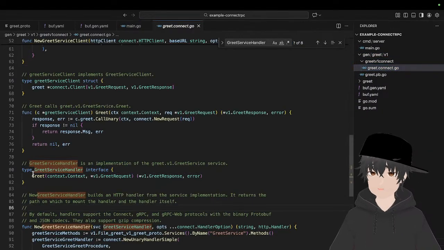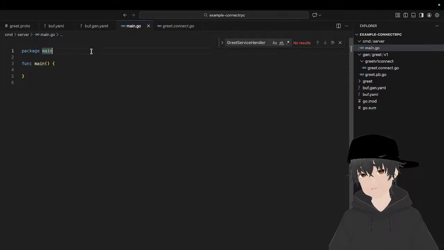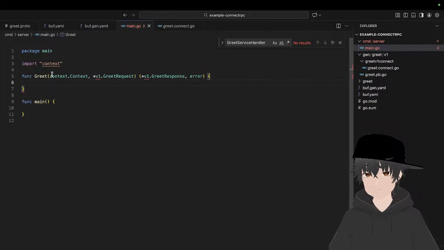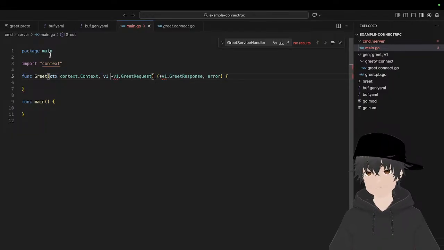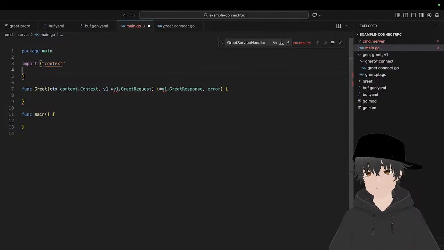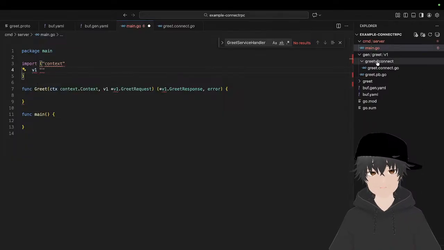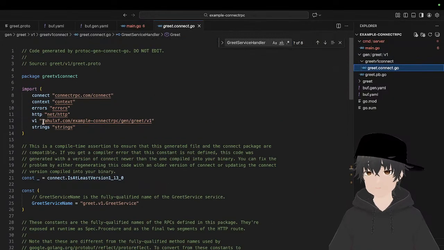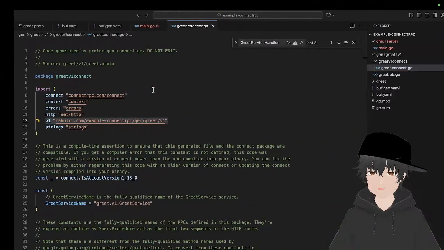We go here and just copy this one, come here again, and then do a function like that, with a context, and this one as a v1, and then you can do the example v1.